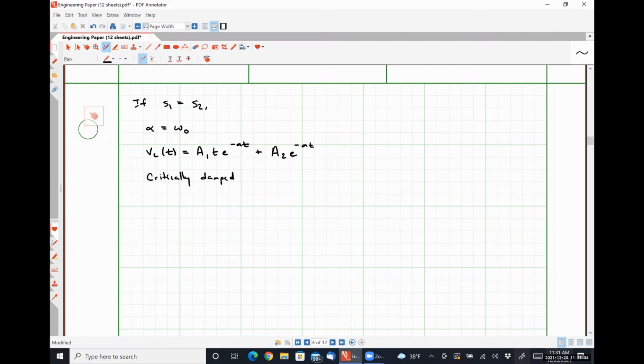And the response curve for a critically damped system is going to look very similar to the response curve for an overdamped system, except that it settles to its final value quickly, okay? So for a critically damped system, that's really a best case scenario, all right? It's going to settle to its final value in the shortest amount of time without having any overshoot or ringing, okay? And then our third condition